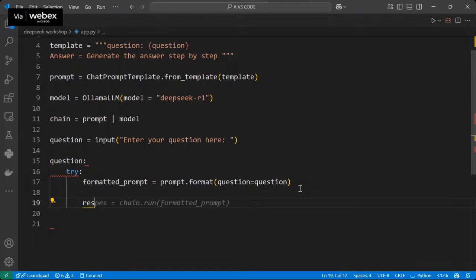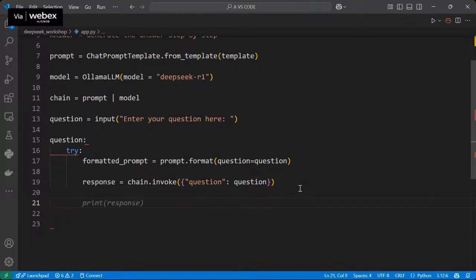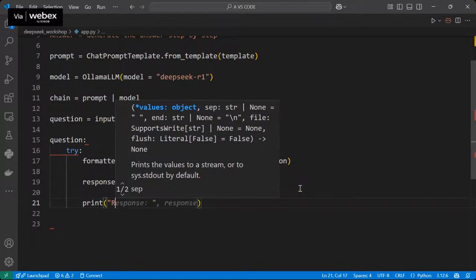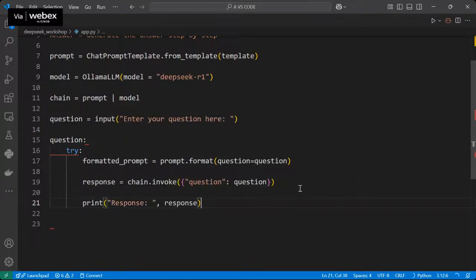So once a user writes a query, we need to get a response equal to chain.run, or rather invoke, not prompt. So here I'll create question equal to question. Great. After you've done this, next I want to print the response. So let me check why I got this error.